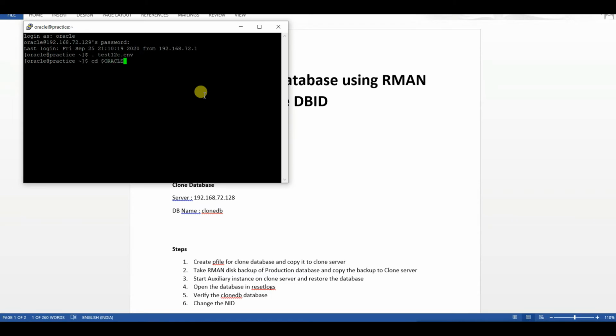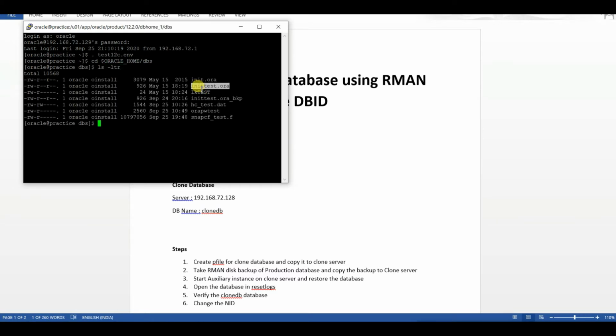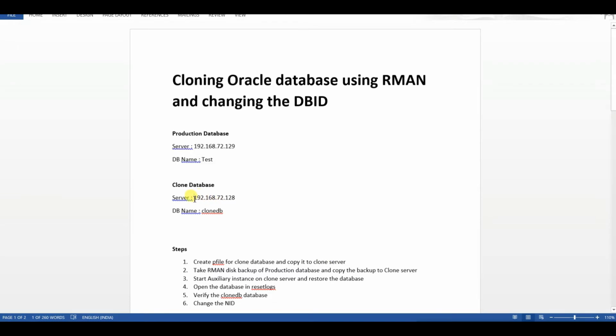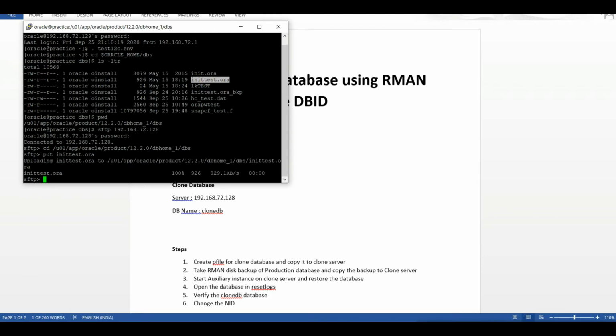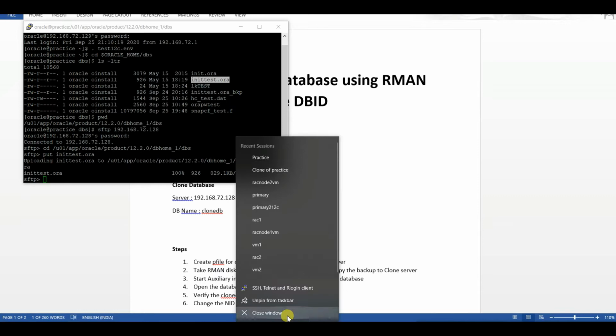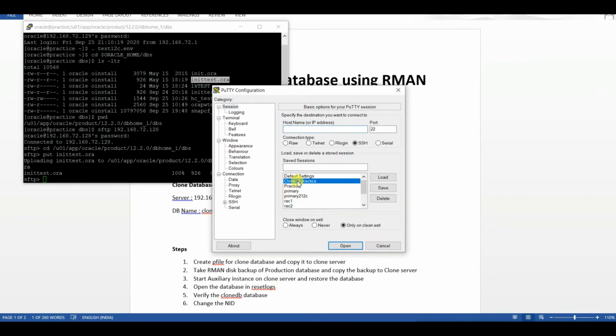Go to our pfile and copy this to our clone database server. So we are done with the copying.